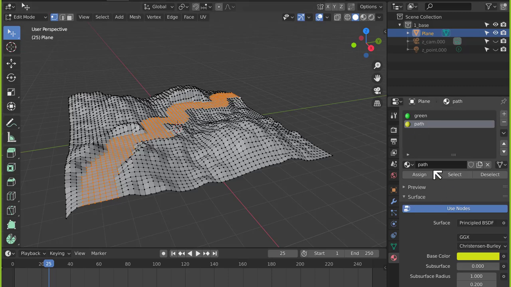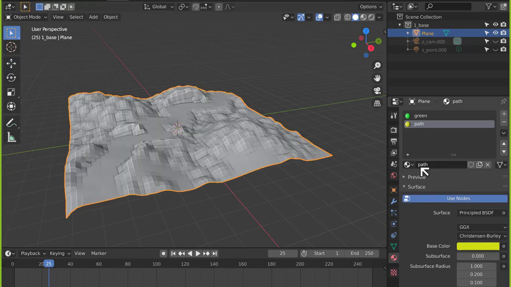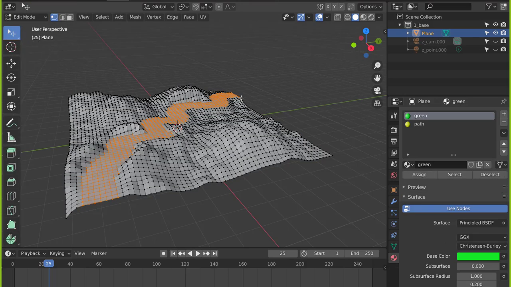The path, I'm going to hit assign, and you can only do this in edit mode. If we go into object mode like this, you'll notice that assign and remove don't exist. So all we can do is change the color of the whole object because it's object mode. In edit mode, however, we can choose a sub-material, and then we can assign it, so now the path is